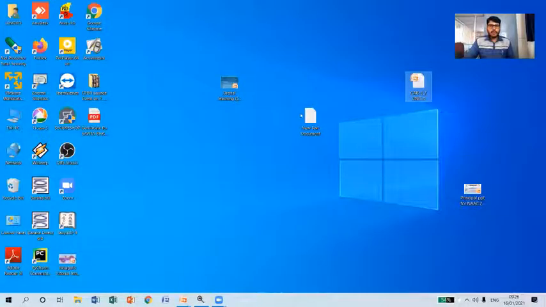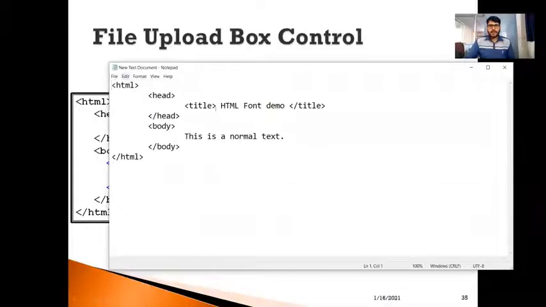So I have already created one sample HTML code here, and here I'm going to modify the title as HTML form demo. In the body section, I will include one heading tag. Within the heading tag, I will write a heading like file upload control, and I'm going to close this h1 tag.